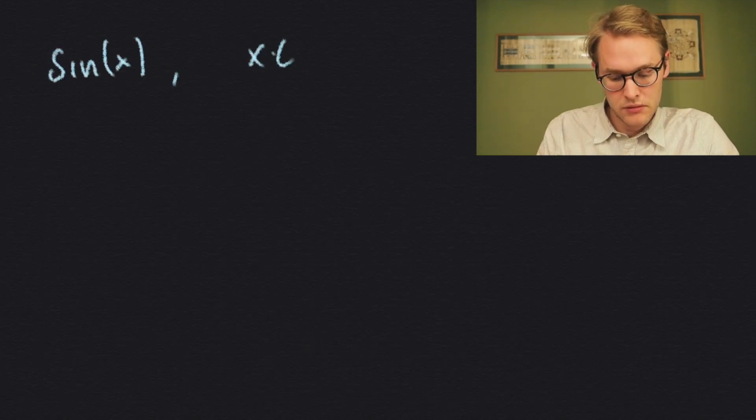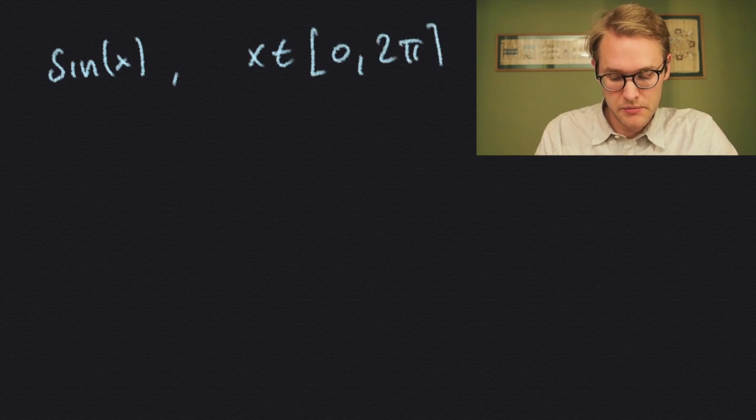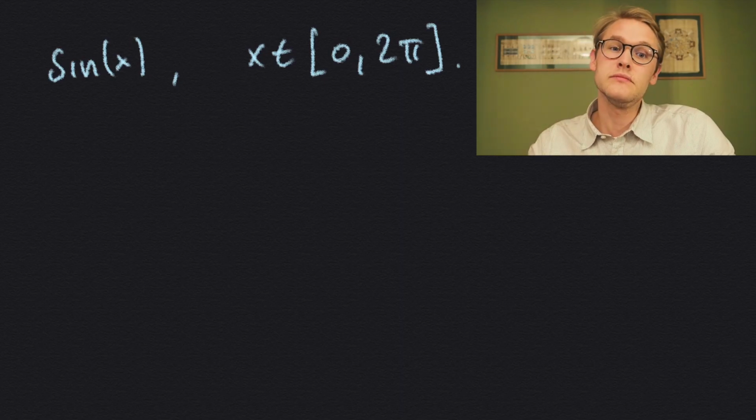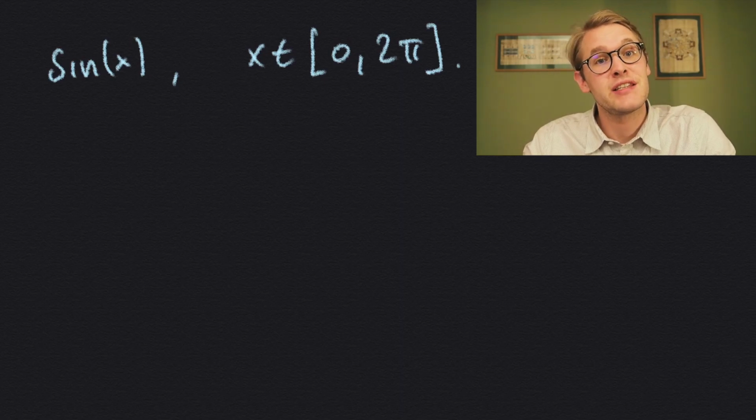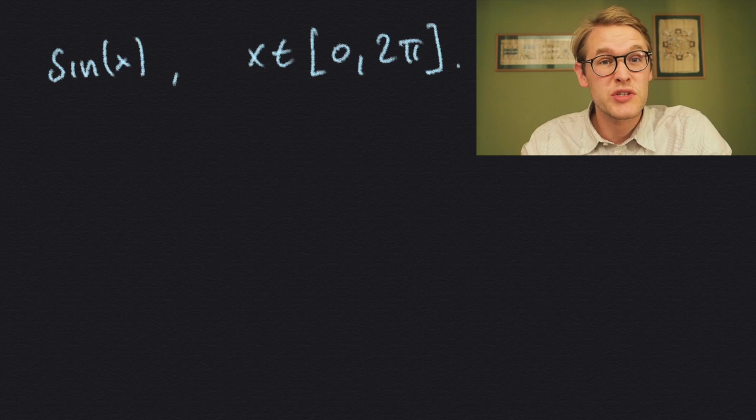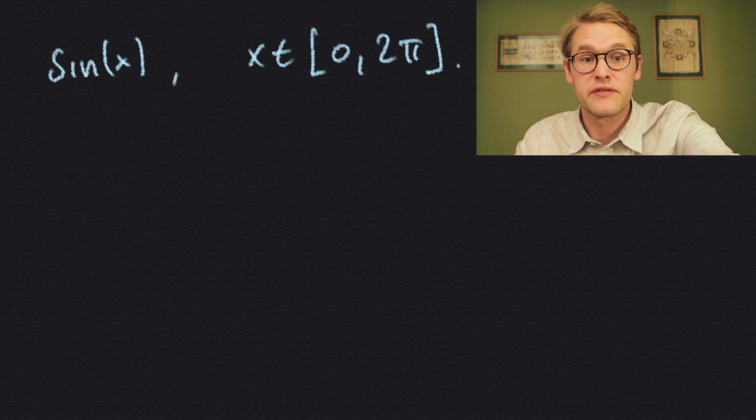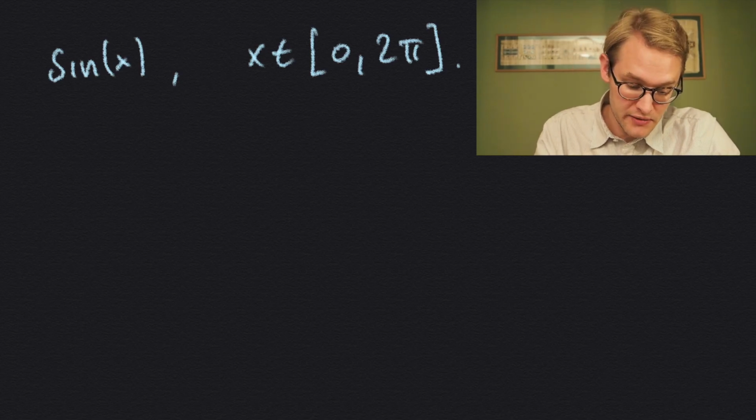So suppose we want to generate a plot of the sine function as a function of x, where x can take values from 0 to 2 times pi. Alright? So what we do is we define a set of x values and an associated set of values for the sine function. So more precisely, we have